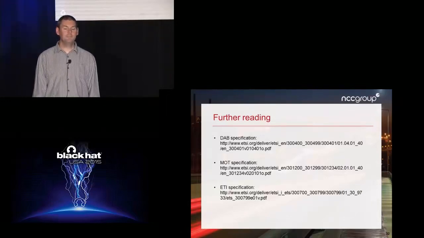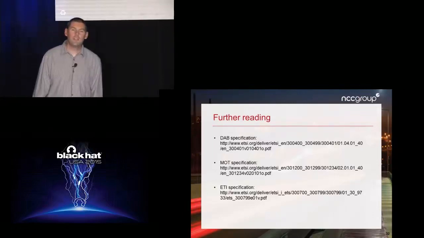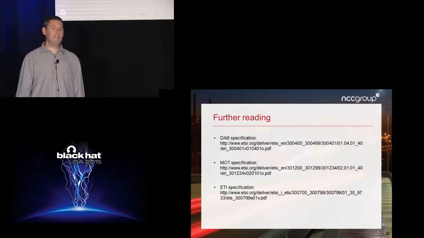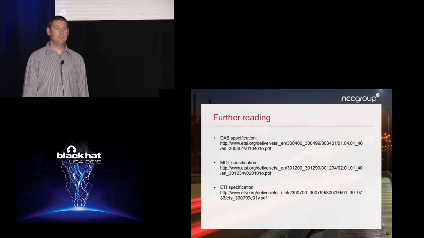In one of your first slides, you mentioned that DAB could be used as a carrier for Java. Do the receivers actually have a JVM? Can they actually run the Java code? I haven't actually found an implementation of that yet. That's in the actual specification. One of the multimedia object transfer data types, you have to specify it in the protocol. One of those types is Java, but I've never seen it actually used in the wild. Well, thank God for that.